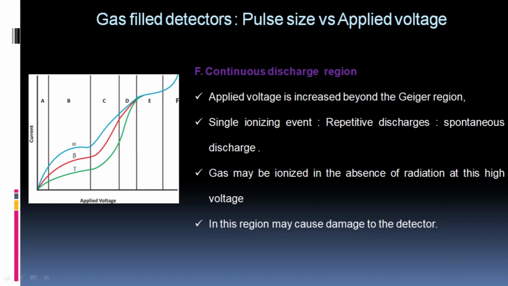Some regions are not useful for devising a radiation detector. First is A, the recombination region, then D, the region of limited proportionality, and F, the region of continuous discharge. So for these three parts we did not devise any kind of radiation detector. We devised the ionization chamber in the B region, the proportional counter in the C region, and the Geiger-Müller counter in the E region, that is